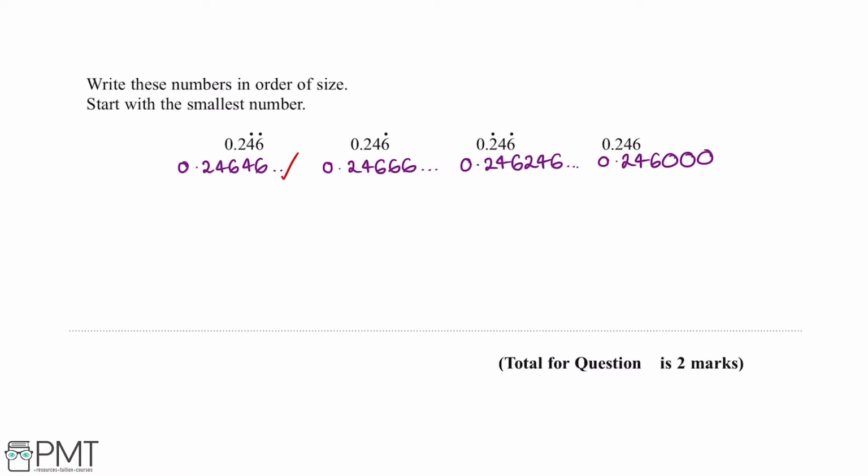So as we can see, all 4 of these numbers start off with 0.246. So in order to put them into size order, we need to look at the 4th number after the decimal place. So we can underline this number. We have a 4 for the first number, a 6 for the second number, a 2 for the third number and a 0 for the 4th number. And we can use these numbers to order them by size. The number underlined for the 4th number is a 0,